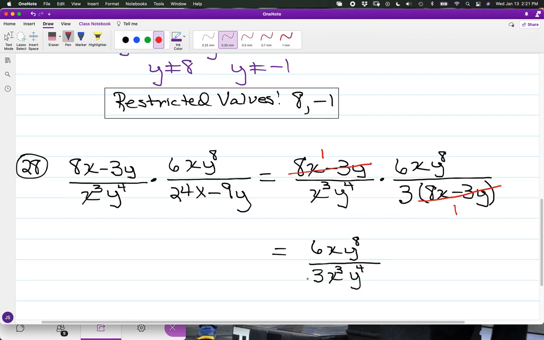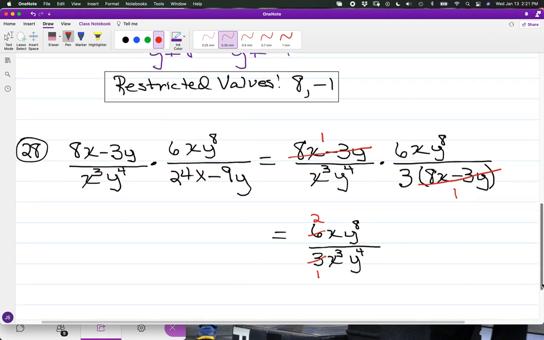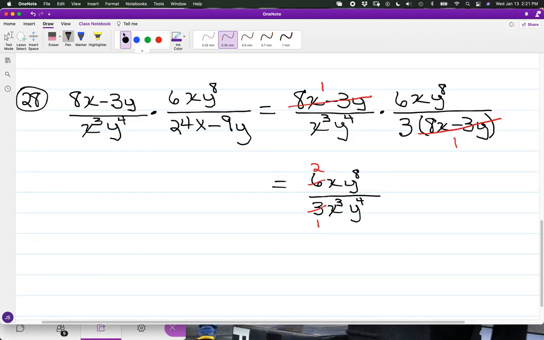All right, so for 6 over 3, 3 will go into 6 2 times, and we'll deal with the variables at the next phase. So you have 2x y to the 8th